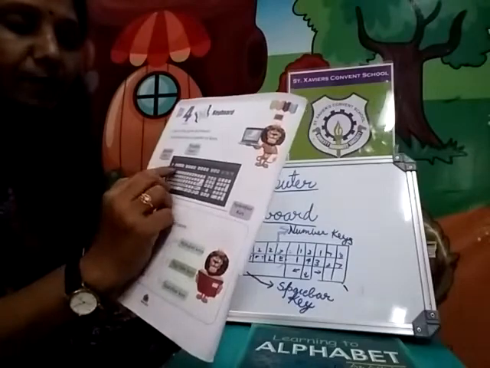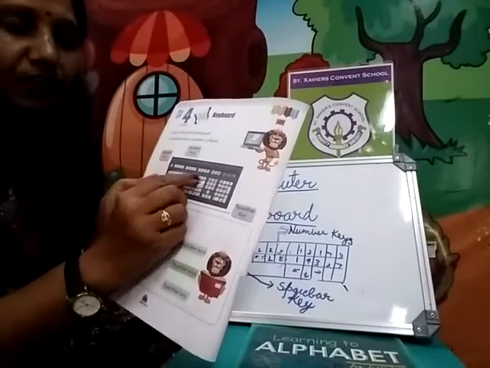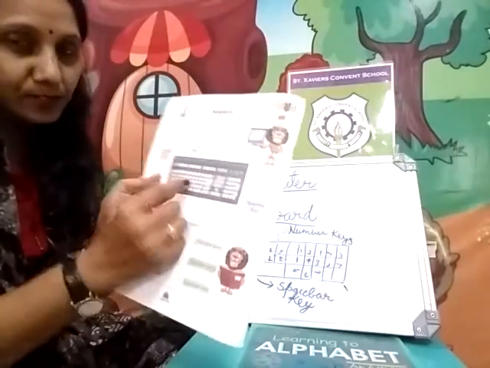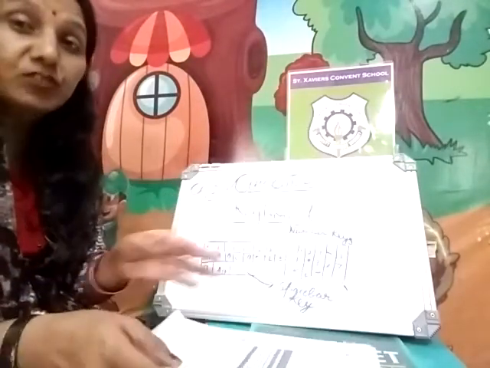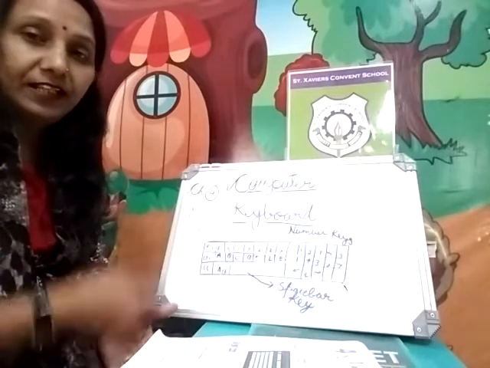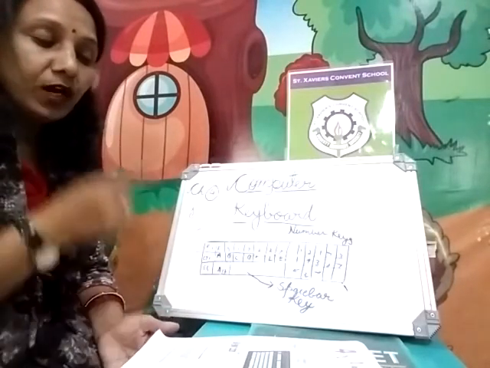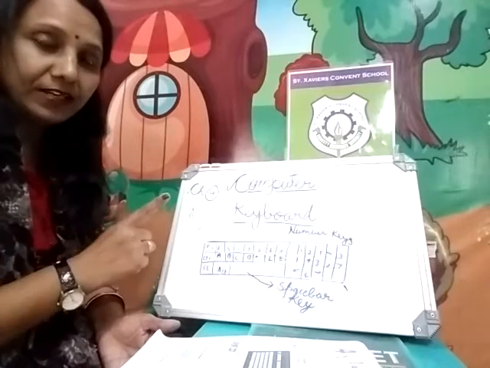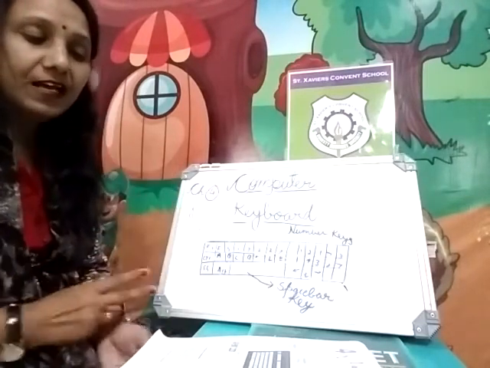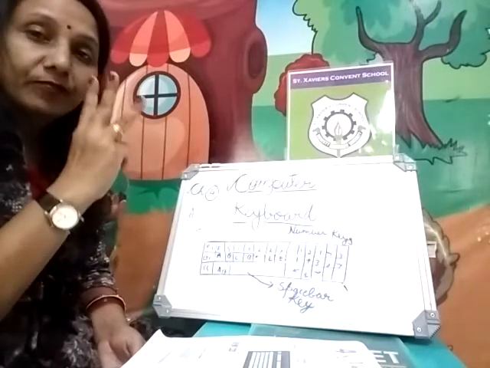You can see the numbers on that. 1, 2, 3, 4 like that. So these are the number keys. Alphabet. So alphabet keys. It will be easy to learn also that keyboard having the 3 types of keys. One is that alphabet keys. Second is that number keys. And third one is what?